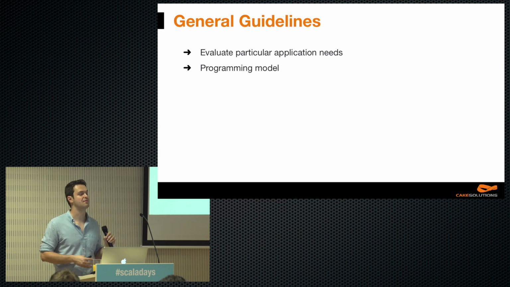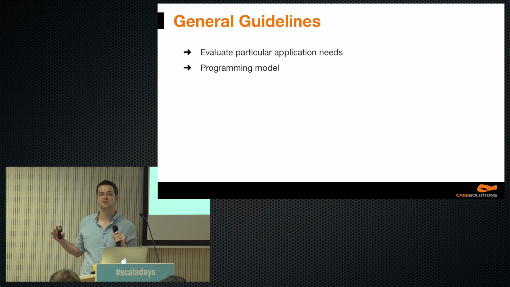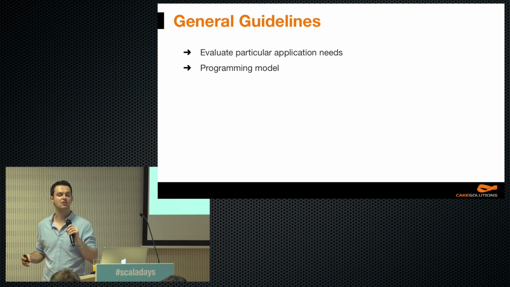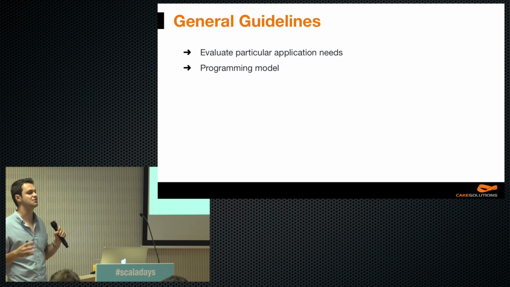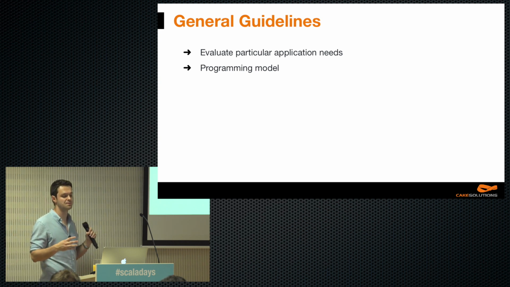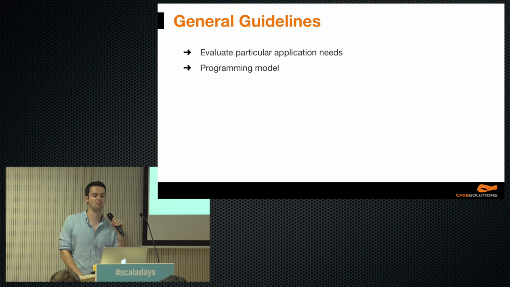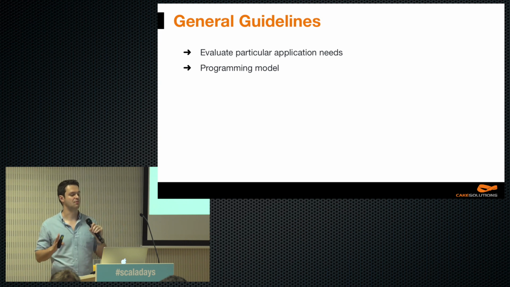For a programming model, I think most of you would prefer a high-level API, and it makes sense, you know, it's more elegant, more productive, and so on. But on the other hand, high-level APIs might hide a lot of details you will have to understand once you're facing an issue. And I have seen a lot of problems with that. So I would recommend the following.